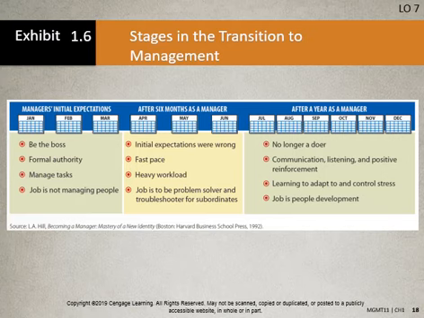This transition for management is very accurate. A lot of people come in excited to be the boss, excited to have decision-making authority, and they get in there and they start working on their tasks and figuring out better ways to do things. But then they realize that, wait a minute, it's not about being the boss. It's not about authority. It is about being a problem solver and troubleshooter, but not getting in there with your team, but supporting your team, helping with those improvements, and then getting out of the way so they can do